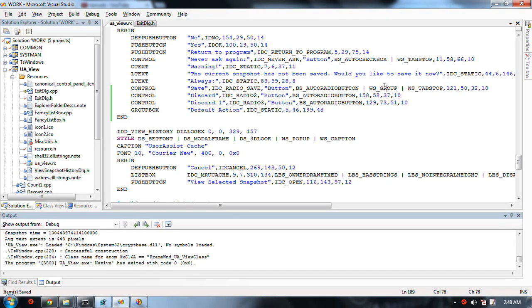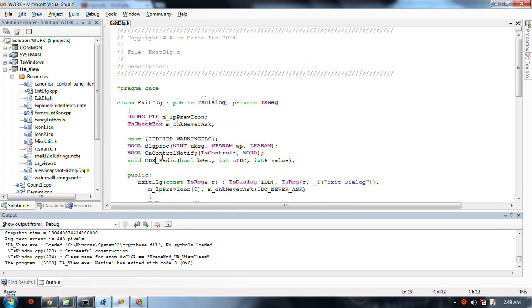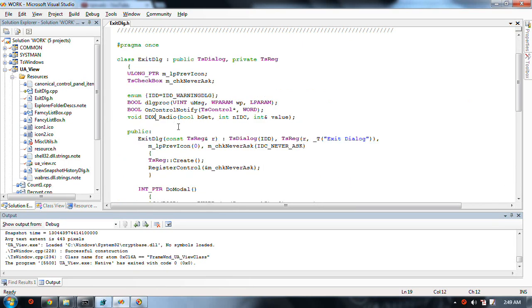And this is the one that has to have the group style, and alternately you could have tab stop, which I have. The value of the whole thing depends on which button was selected, and that's going to be 1, 2, or 3 depending on which of these buttons. Now the way this DDX thing works is there's getting and setting. If you're getting,